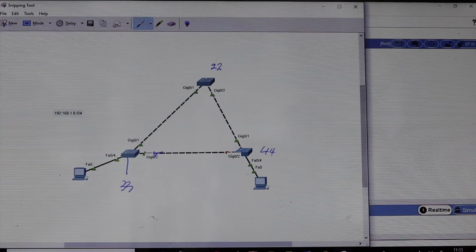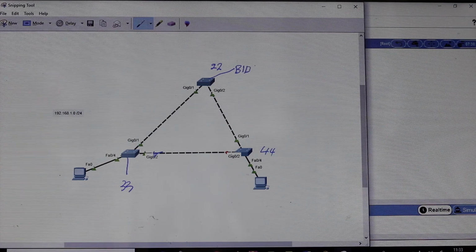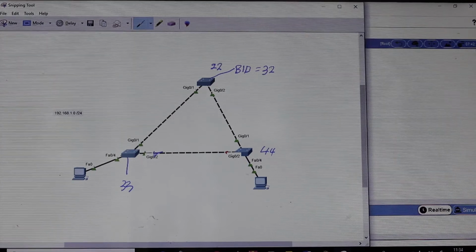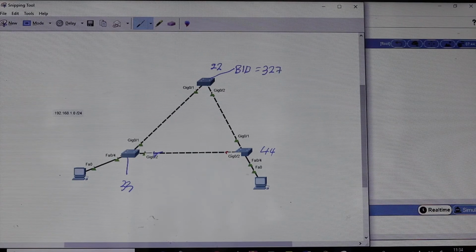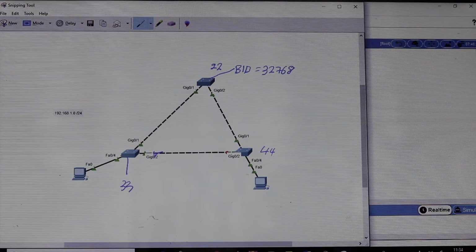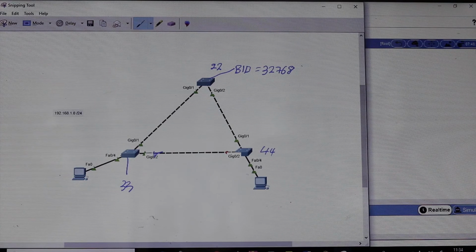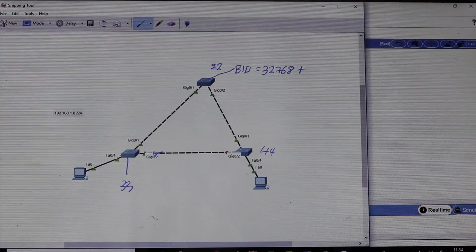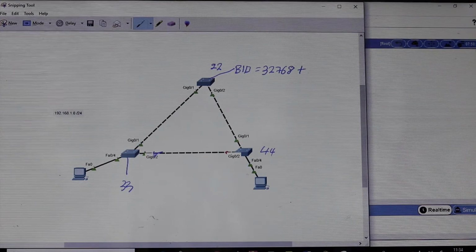Okay. So now the bridge ID for this switch will be priority, which is what? 3, 2, you remember? 7, 6, 8. 32768 plus the VLAN. Currently, all the switches are in VLAN 1.